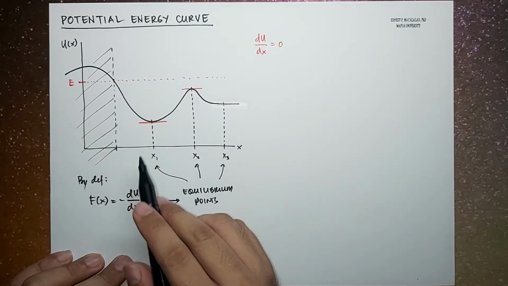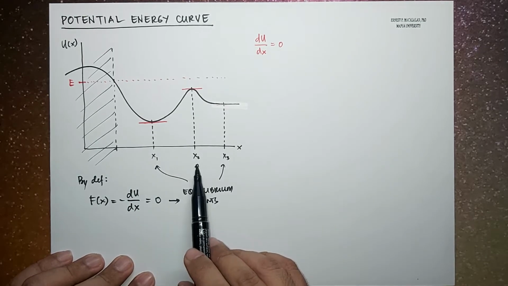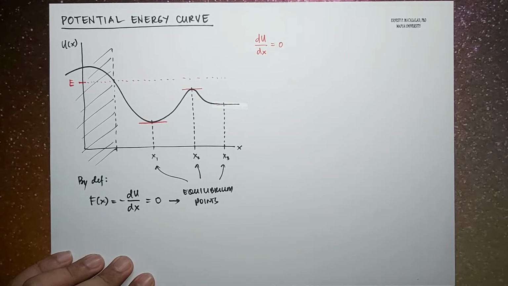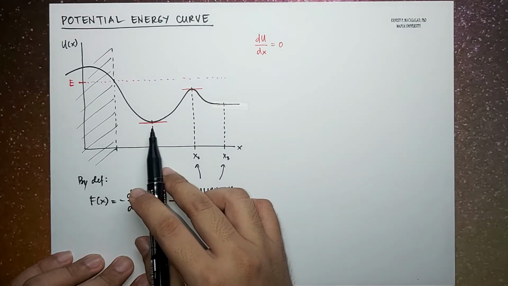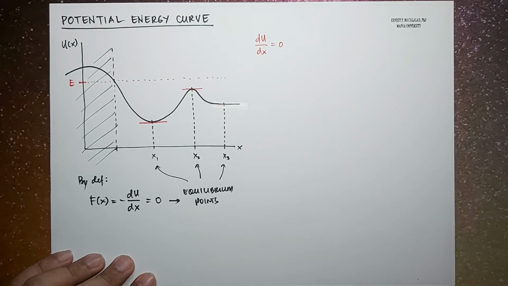That means a particle at positions x1, x2, and x3 is at least moving with a constant velocity. They are either at rest or moving in a straight line with a constant speed. This is by virtue of Newton's first law. Now, for example, at x1, the particle is in equilibrium. So when the particle is moved, for example, to the left,